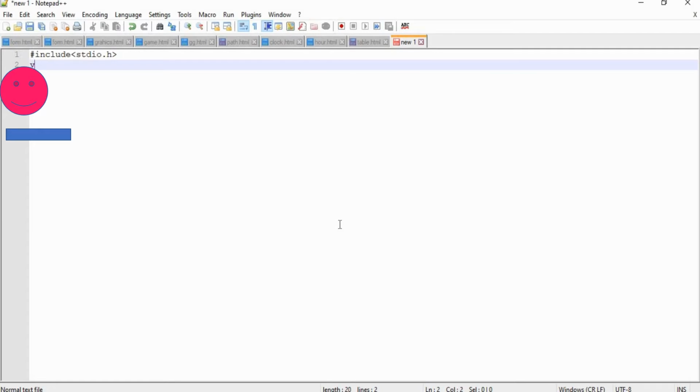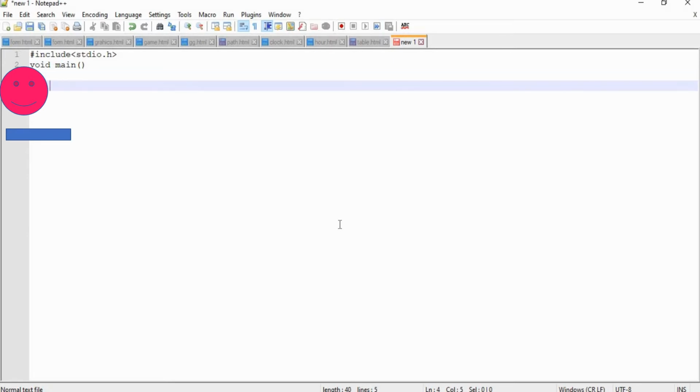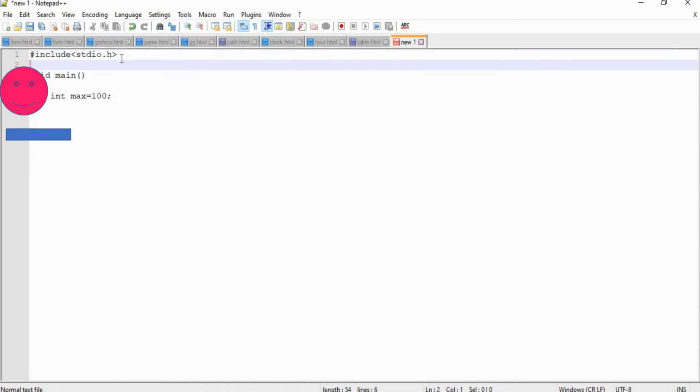So inside this program I am going to use the value such as int max equal to 100, right? So I can define the value of maximum variable to 100, right? So in this particular program, whenever I want to use this particular value of max, I have to use it as max variable, right? So an alternative to this is we can define this max as a macro.